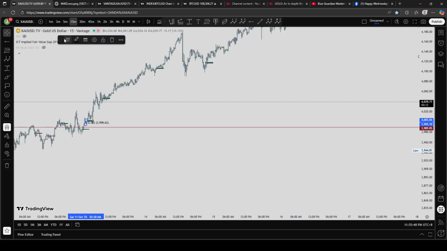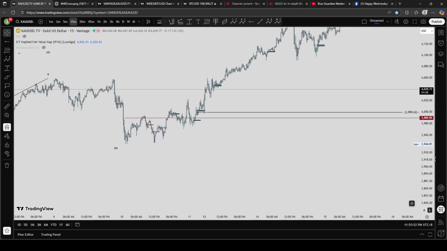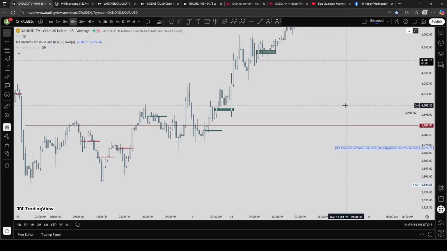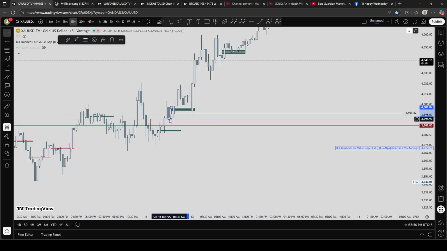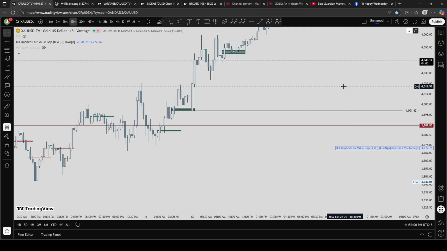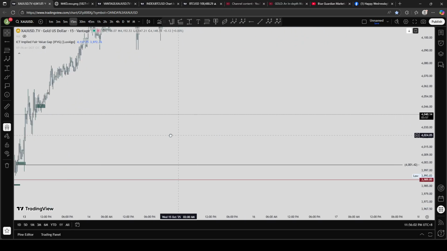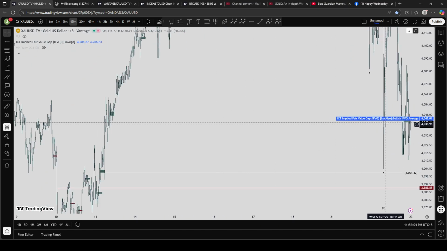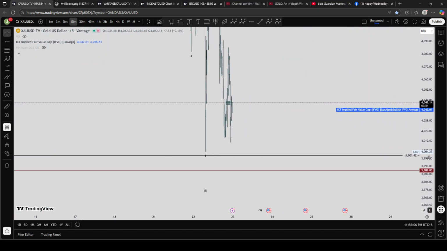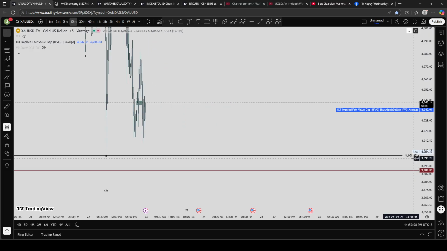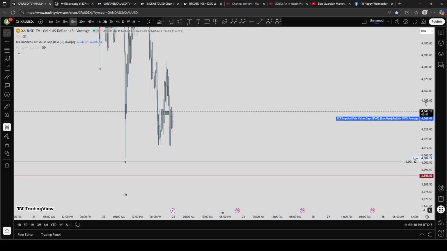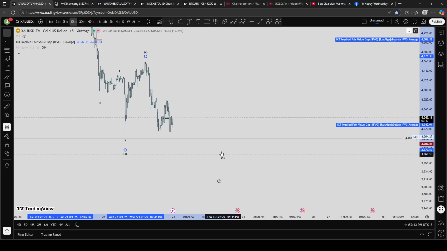This is the implied fair value gap that I have identified, and it was actually my limit order this morning. I'm from the Philippines, by the way, that's why I said this morning. Unfortunately, it was not taken. Perhaps at the last wave of the fifth wave here, or the internal waves of the fifth wave here,